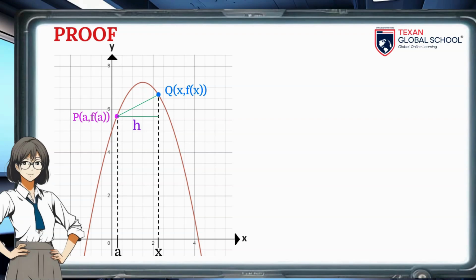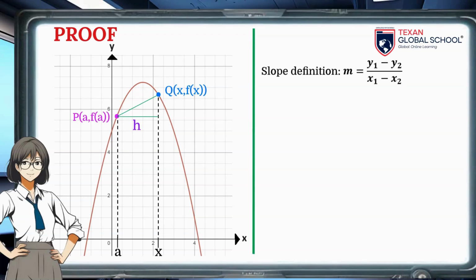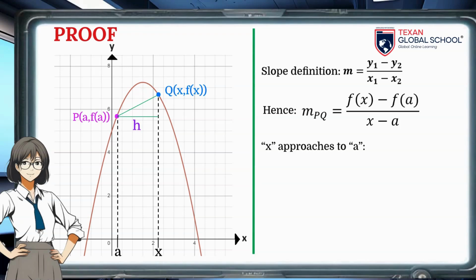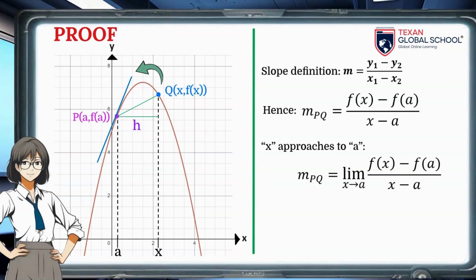Using the formula to obtain the slope of a curve seen in analytical geometry, the slope of that curve is f of x minus f of a over x minus a. To transform the secant line PQ to a tangent, bring Q closer to P along the curve, then make x tend to a. So obtain the limit as x tends to a of f of x minus f of a over x minus a. Using the exact same function, we can see that the distance x can also be represented